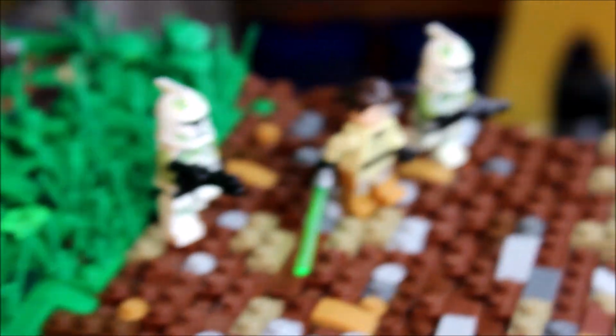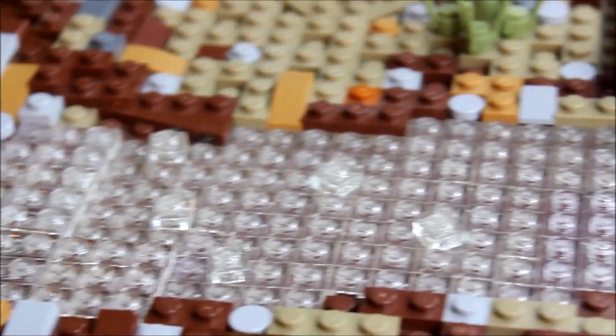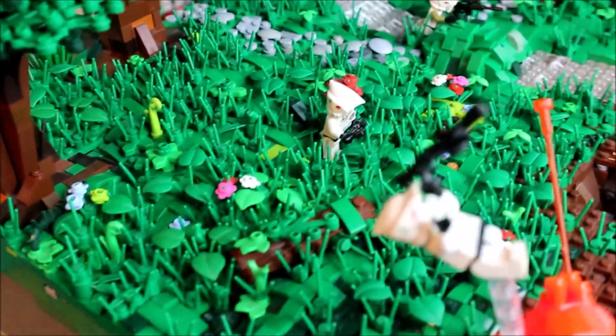Then over here you have the Jedi Master with his 2 clones, which are holding Brick Arms blasters. And then all of this is accompanied by this river, which goes all the way down to the bottom over there, which transitions into the waterfall. And then over here you have the grass area, which also transitions from the mud, and the grass area just